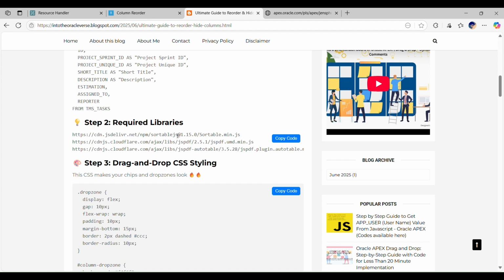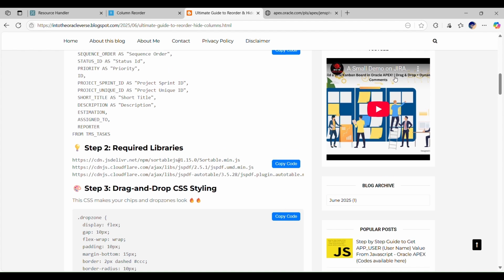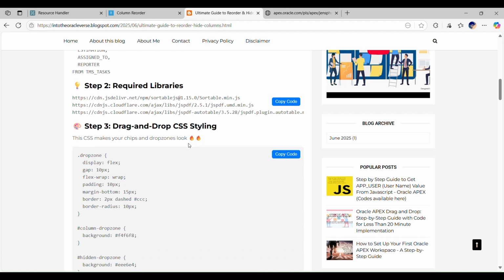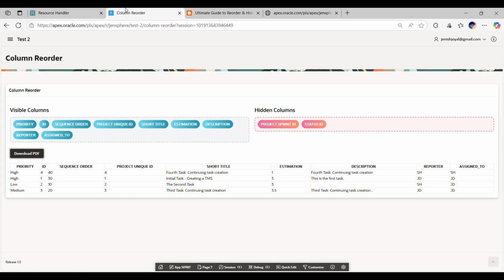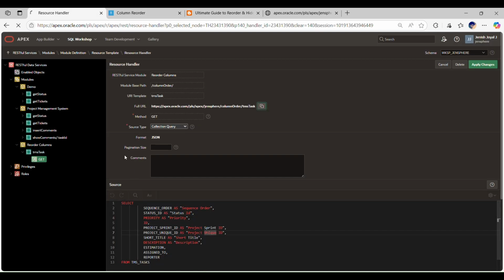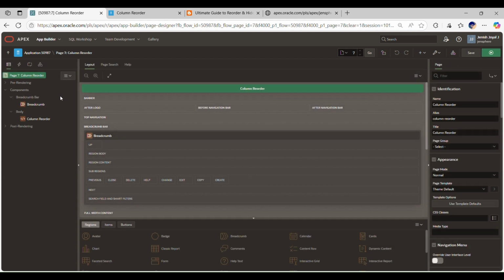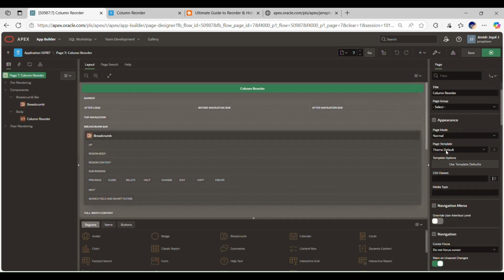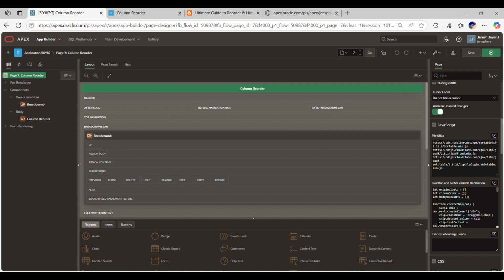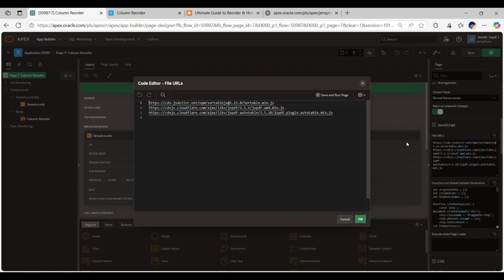So I have used it in a previous demo as well, so you could check that as well. And I can go there. Maybe I'll show you here. Yes, so here you would be able to see I have provided those URLs in this particular JavaScript file URL